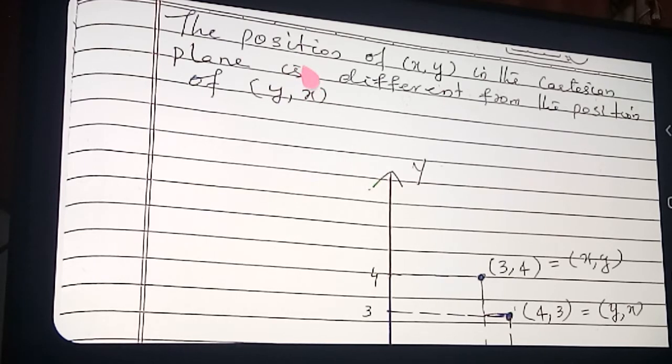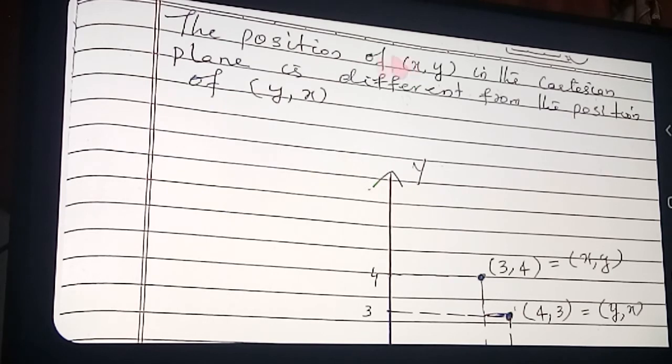Now we are going to explain the position of xy and yx in the Cartesian coordinate plane. Xy, you may think here also x and y is there, here also x and y are there, so both may be same. No. So that I will explain. I will explain through a diagram so that you will make it clear.